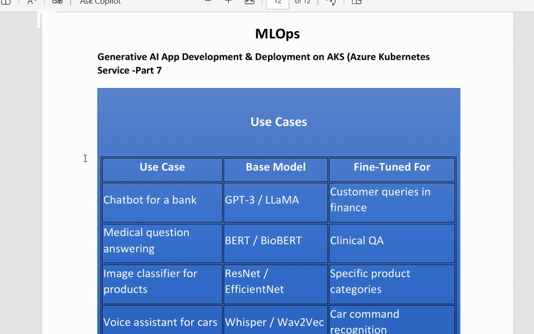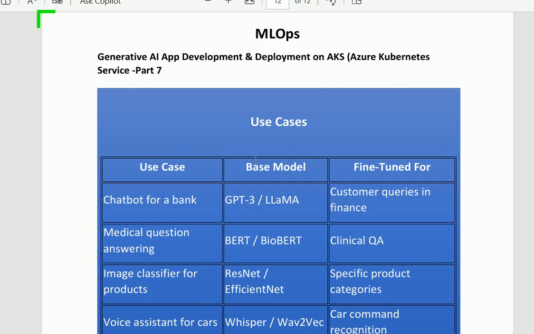If you are developing the application for the bank, then for the base model, you can take GPT-3 or Llama as a base model during the development of the chatbot for a bank.